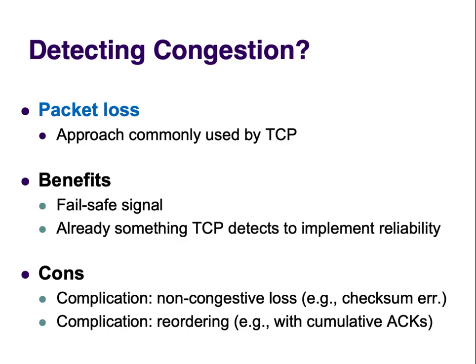Design decisions can have ramifications that are really painful, because when we designed the network or the IP layer, we were fine with reordering. And then TCP made this decision about cumulative ACKs and treating multiple duplicate ACKs as a sign of loss. And because of that, network operators now try very hard not to reorder packets, because they know that if they reorder packets, congestion control at the TCP layer gets confused and will slow its rate, and then users are not happy. And so network designers are now kind of artificially constrained to not being able to reorder